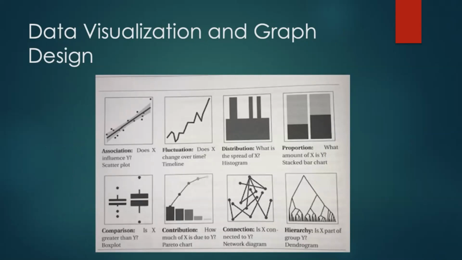There are certain principles that are best suited for different presentations of information. Here's a good standard from what's in your book. You can see, based off of what type of question you're trying to answer, these are going to be the best types of graphs to present. Don't present a bar graph, which insinuates clear, distinct categories, when what you're interested in is a continuum. If the x-axis is a continuum, present, for example, a line graph.